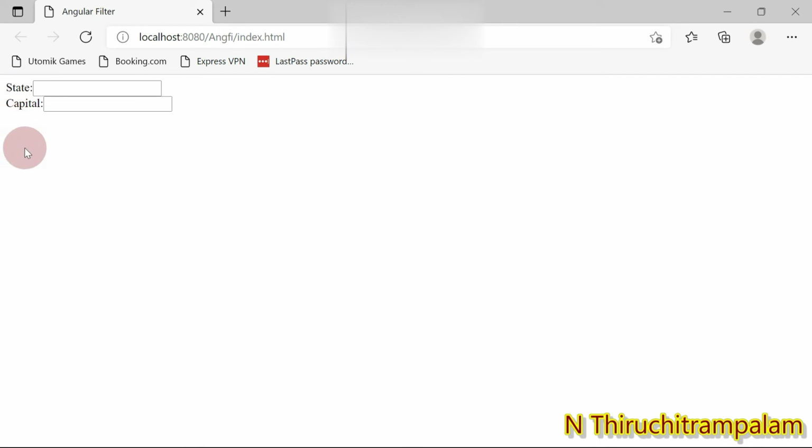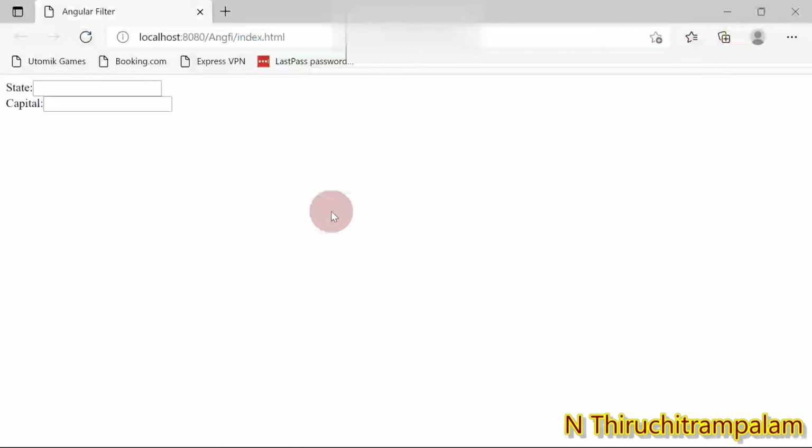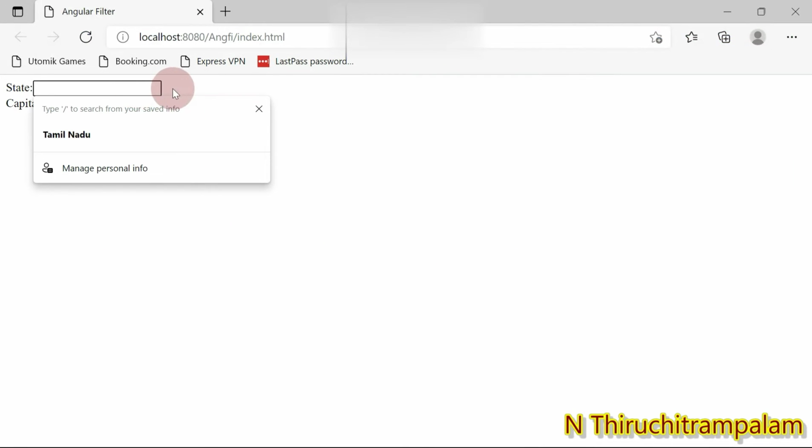You can see state colon, which is nothing but what we have given as the label, so that got printed. And here we have created the text box using the input element, so we do find a text box, all right?